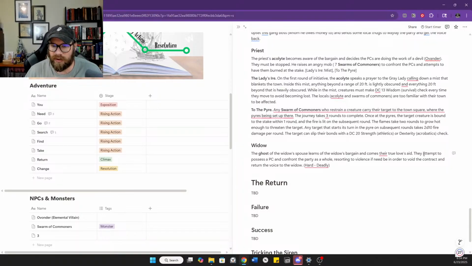And so we have this idea where they attempt to possess a PC, and we went with they confront the party, resorting to violence if needed. But I'm thinking maybe they try to possess one of the PCs and maybe try to steal the contract and run away with it. Yeah, so that gives us a situation where we're using the Ghost stat block to its fullest. We're not nerfing it, but at the same time,